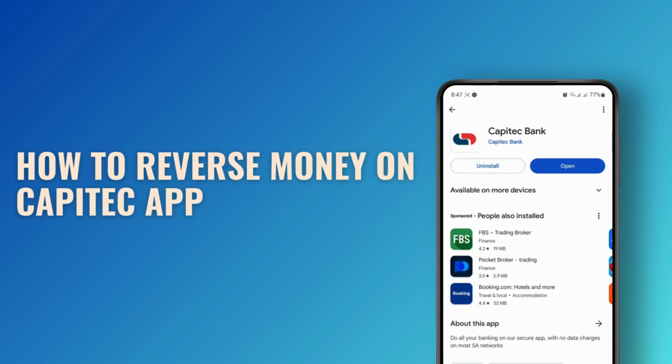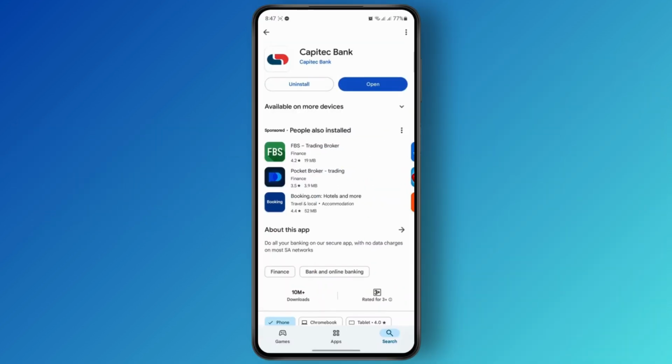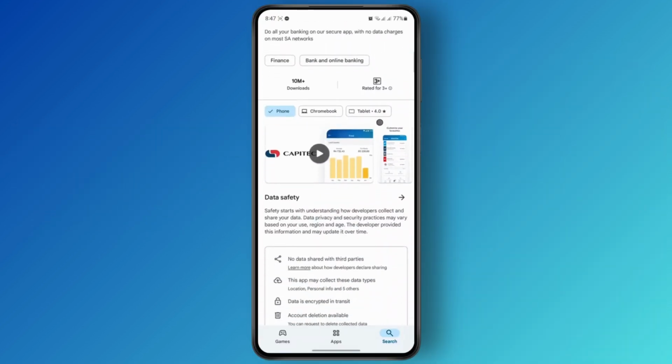How to reverse money on the Capitec app. Hey everyone, welcome back to the channel. In today's tutorial, I'm going to be showing you guys how you can easily reverse your transaction or money on